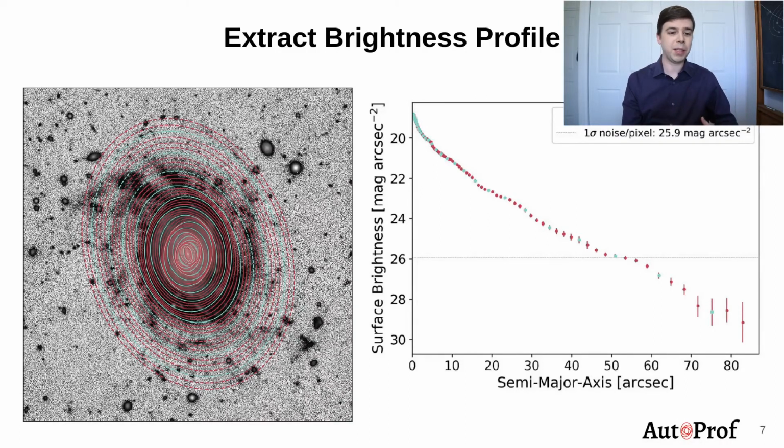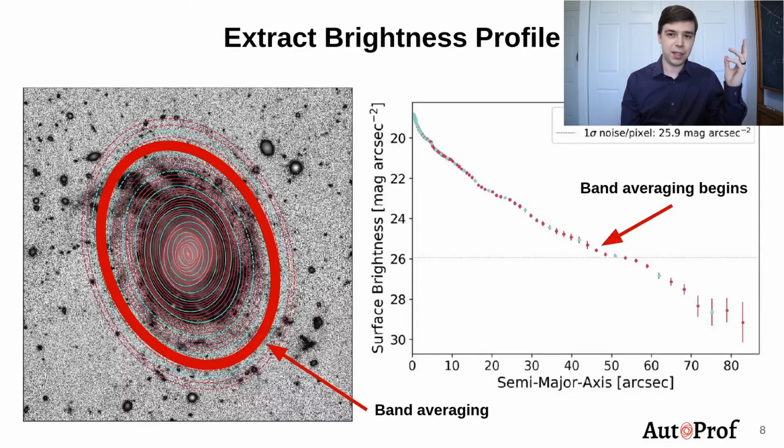You can also use sigma clipping. All of these are built in, and AutoProf is flexible enough to let you adjust these if you need special considerations for your image. Similarly, you can mask an image. AutoProf will sample the flux around an isophote, take the median, and that gives you the average brightness for a given semi-major axis. Now, AutoProf employs an extra trick in order to dig about 10 times fainter into an image,